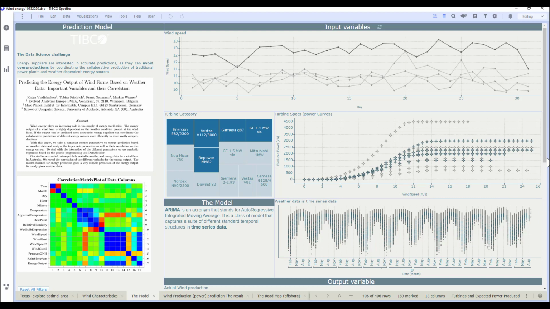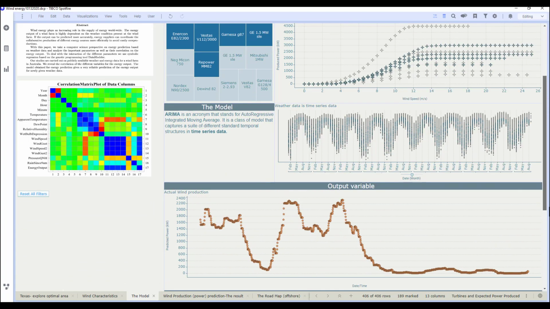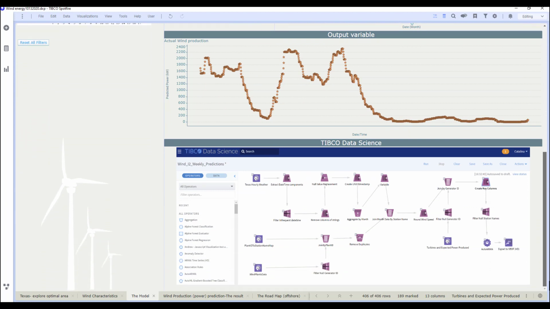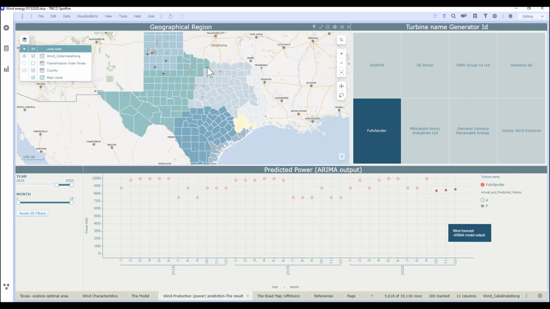Lastly, we can combine all of the information known and the data collected in order to model and predict the expected power output from various wind turbines. In order to accomplish this, we're able to use a multivariate ARIMA model created in TIBCO Data Science, which seamlessly then integrates into Spotfire. We can then view the output as expected produced power at certain wind speeds for various